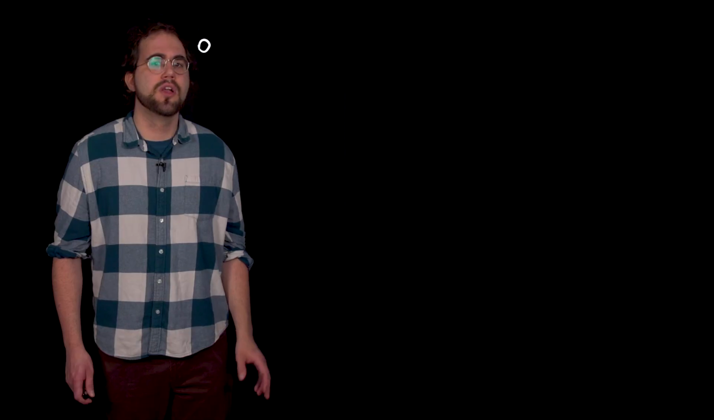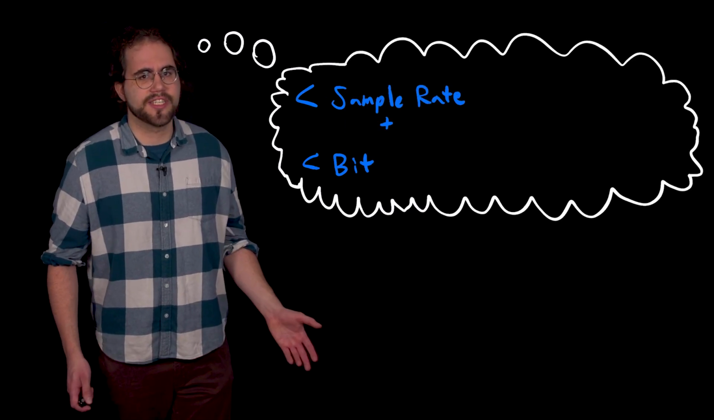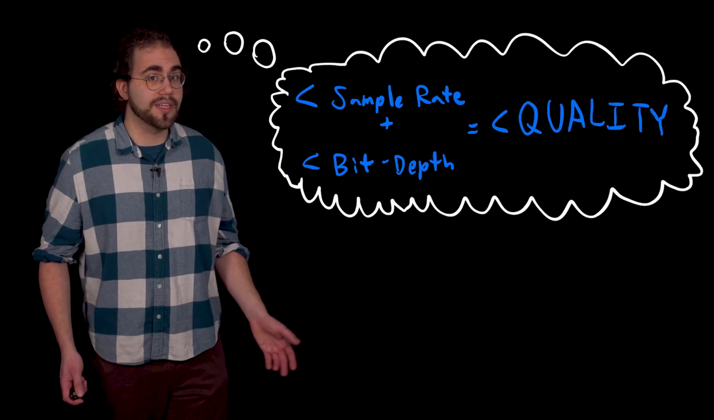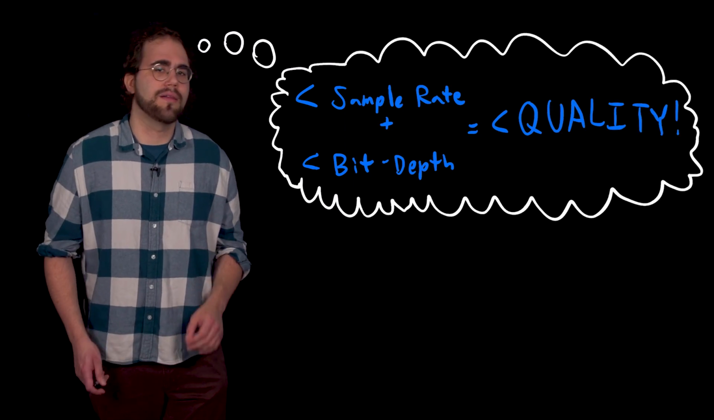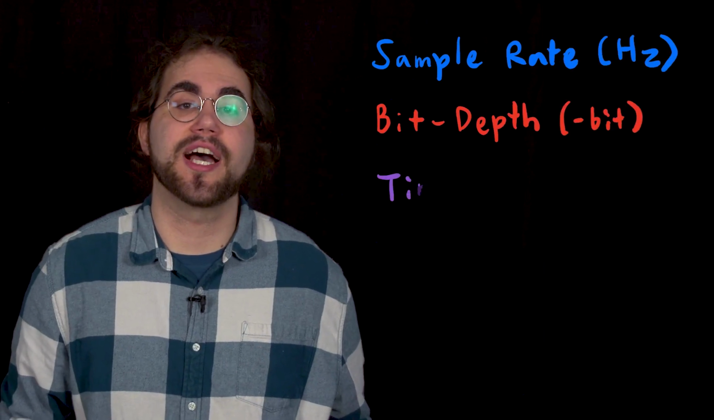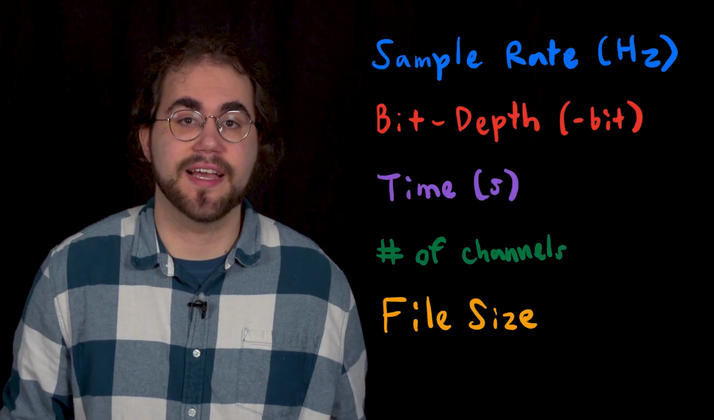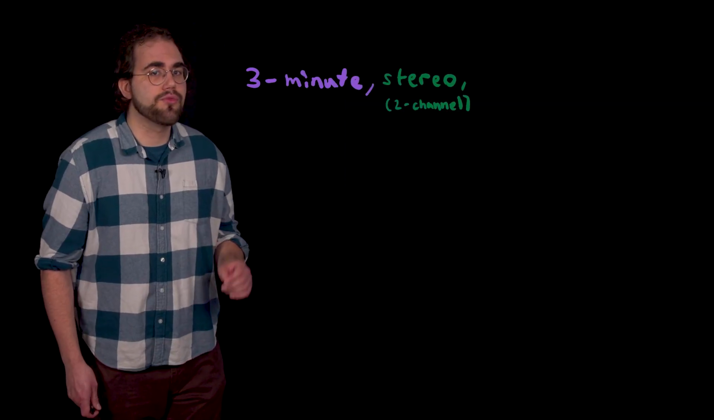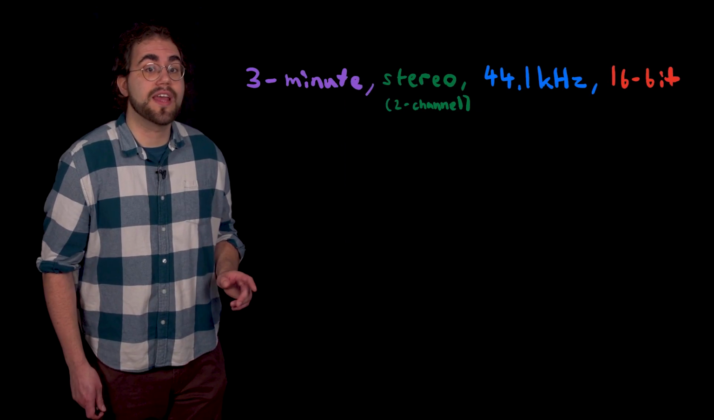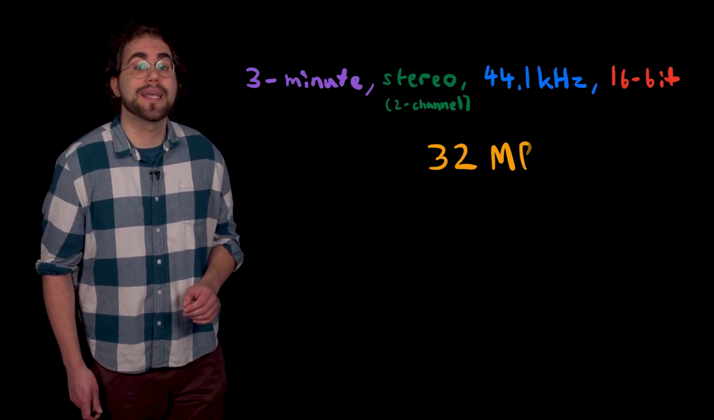So, with all that info, you may be thinking to yourself, the higher the sample rate and bit depth, the better the quality, right? Well, the other aspect you have to consider is file size. The values of sample rate, bit depth, time, and the number of output channels of the audio file will all directly affect its size. For example, a 3-minute stereo audio file recorded at 44.1 kHz, 16-bit, will take up 32